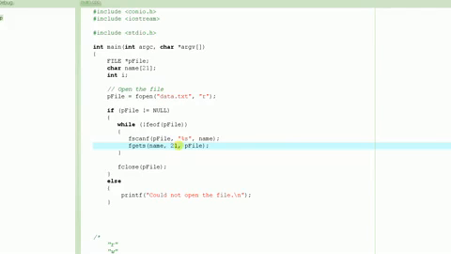Basically what it does is it reads from the file and then it stores it into this array, and the number of bytes that it reads is one less than what you specify here. So you specify 21 here, it will read 20 bytes, and then it will put an end of string character at the end of this string name. Okay, now if the string that it's trying to read from the file is less than 20 characters,